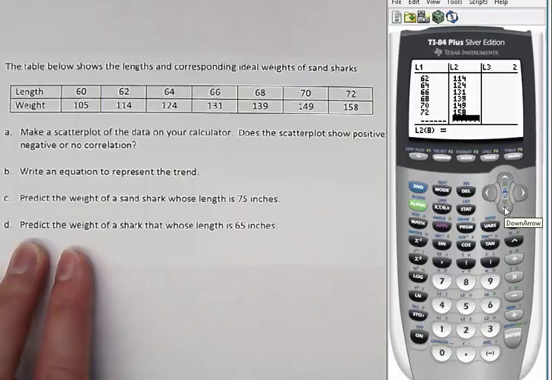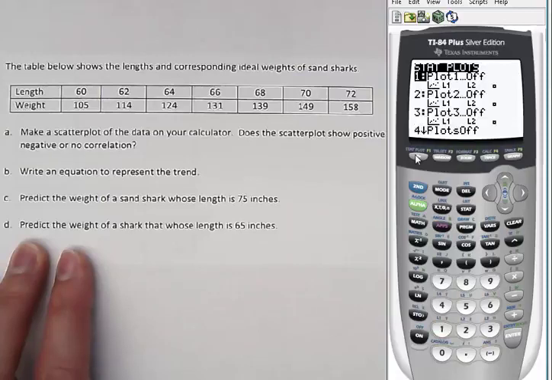Alright, once you've got the data in your list, you want to make sure of two things. You want to make sure you entered your data accurately, and you want to make sure your lists are both exactly the same size. Once you've done that, you can set up your stat plot. You need to hit the second key first. So hit second, go to stat plot, hit enter on plot 1, and you want to turn your plot 1